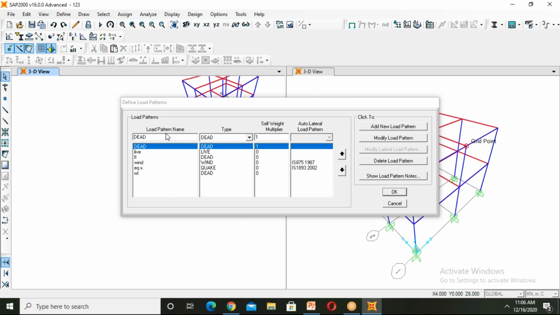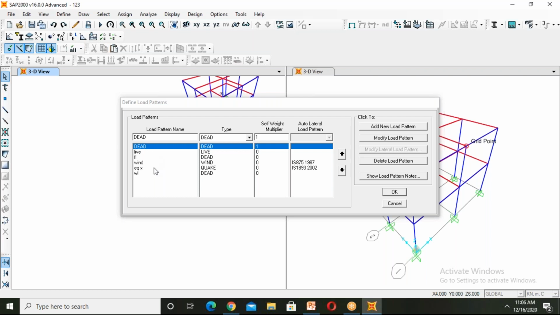If our building is designed for lateral loads, then we can assign wind load and earthquake load in the load pattern. Wind load and earthquake load will be taken from IS codes, where wind load is IS 875 part 3, and earthquake load will be taken from IS 1893 2002.